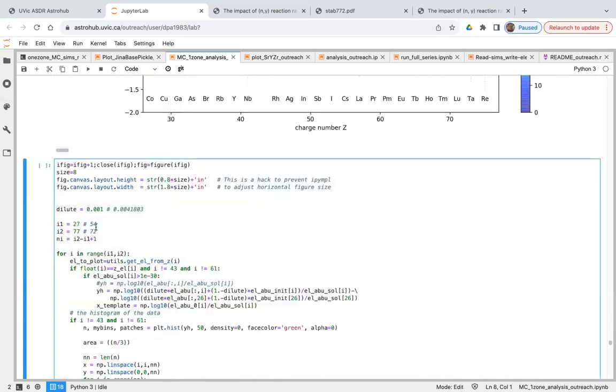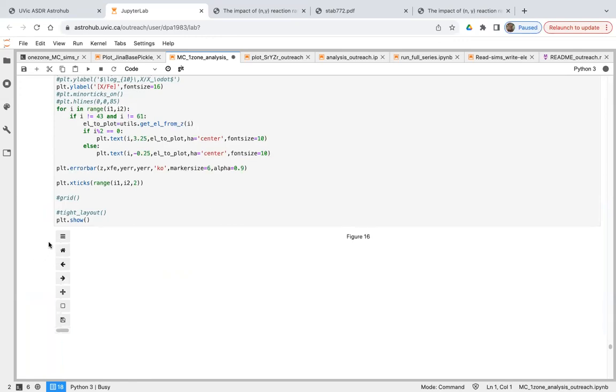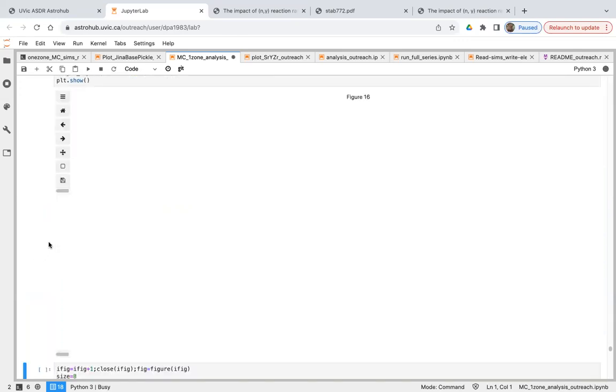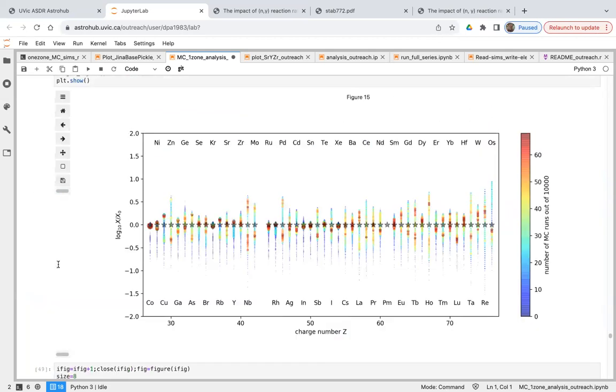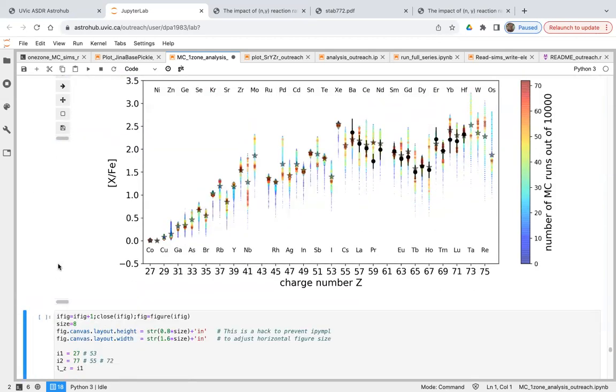So in the next plot, we have to adjust the so-called dilution coefficient. This dilution coefficient gives the fraction of I-process yields predicted in the mixture with the solar composition, in the mixture with initial abundance. This plot is similar to the previous one, but I prefer the second one, this one, because